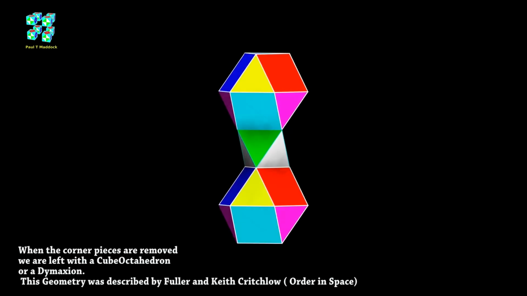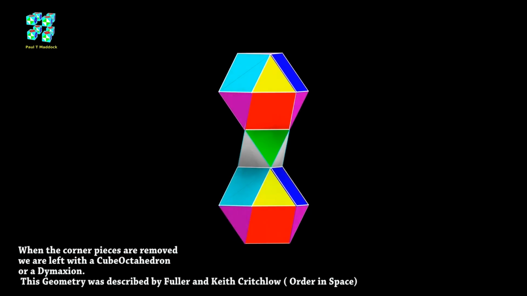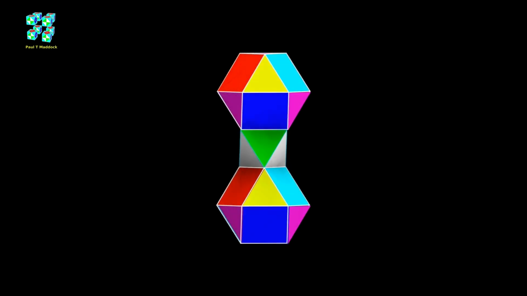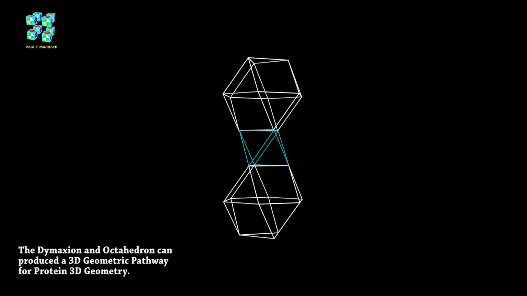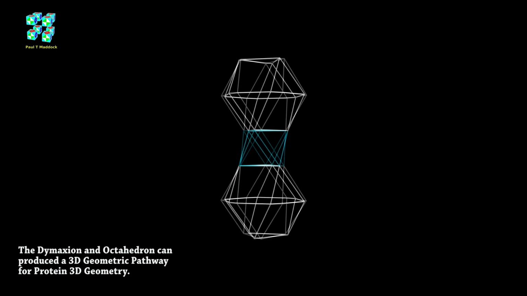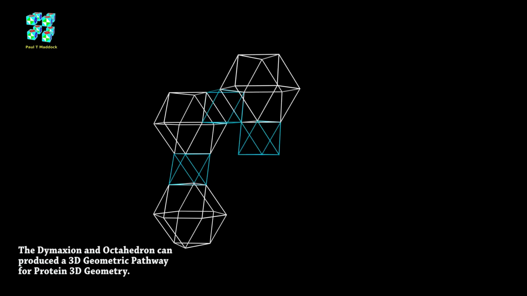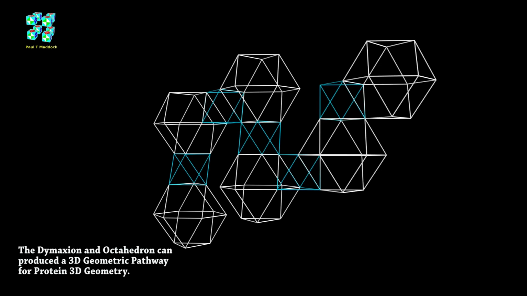Anyways, I think we've come to the end of this part where we go from CubicWonder to cube octahedron and octahedron. Okay, the next stage is to go back to the outlines only for this. First of all, we're going to move this to a position to show you the linkages. Okay, now I'm going to show you how the cube octahedron and octahedron can form a 3-dimensional string, just like